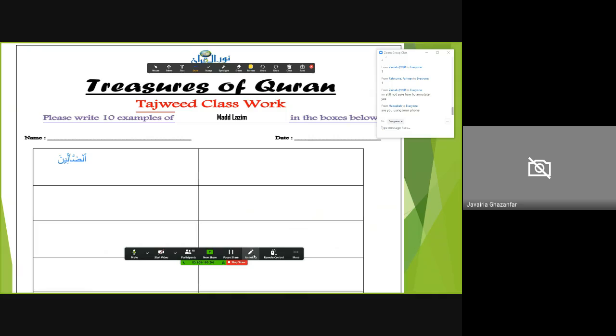Okay. So, Hamna, do we have an example of Mad Lazim? Any other example? You don't have the annotate option? That's kind of surprising. If you want, I can stop sharing my screen and you guys can show me and we can figure that out. How many of us do not have annotate? Please type 2 if you do not have the annotate option. Go ahead and type 2 in the chat box. Okay, Zainab doesn't have it. Anybody else? And those who have it, can you type please 1?